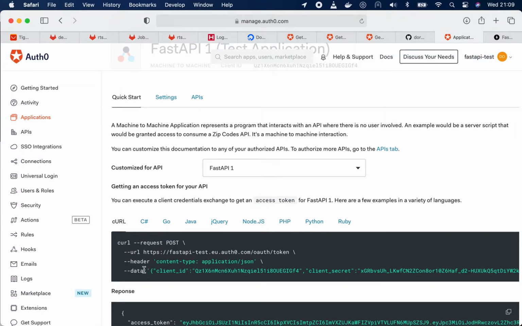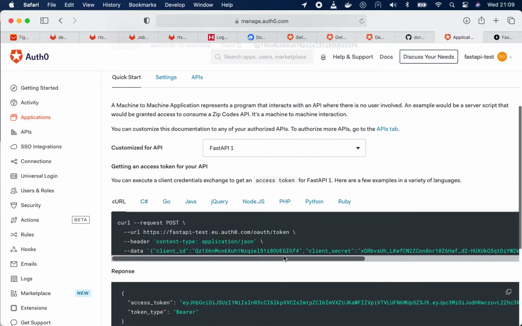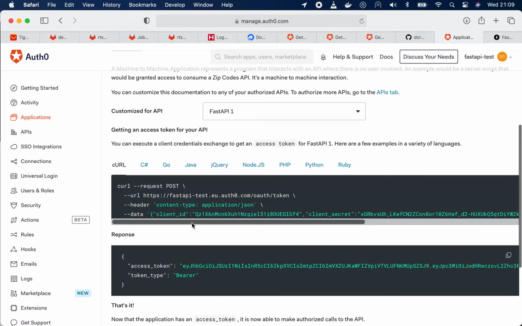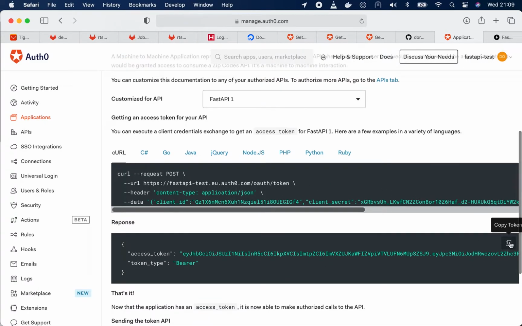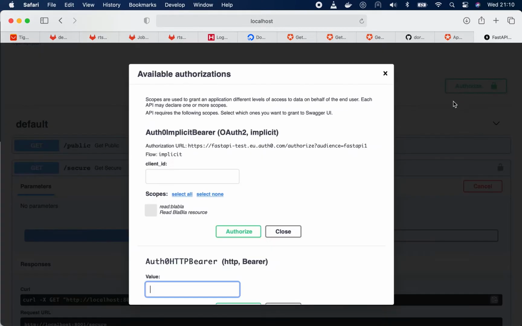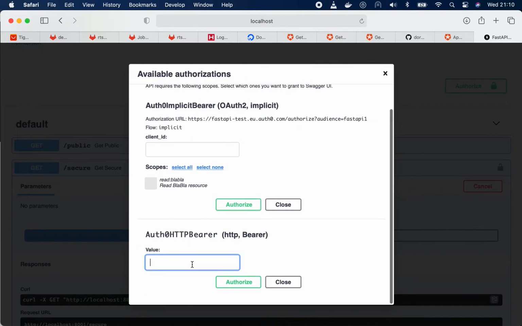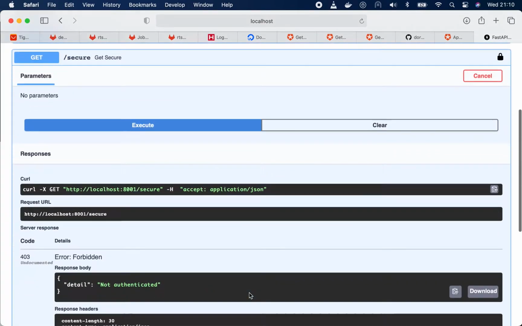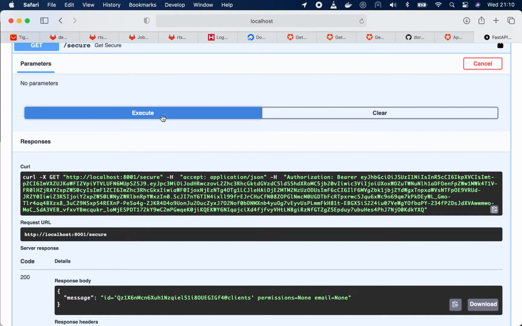So we already have this example where the page obtains a token using the client ID and client secret. So let's copy the token. Let's paste it here. Okay, click authorize. So let's execute now. All right,